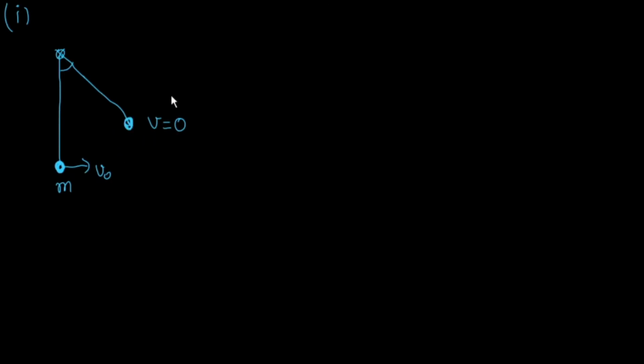So let's see. If I take an example where the velocity does not become 0, I understand that, and in the equations if I keep velocity equal to 0, that will be much helpful. Don't you think so? So let's say velocity is v somewhere here, and since the velocity is tangential here, velocity here also will be tangential, because the string is able to create enough tension such that you cannot have any displacement in this direction perpendicular to the string. You cannot have that. That means the string cannot be elongated. So the only displacement that the bob or the stone can have is in the perpendicular direction.